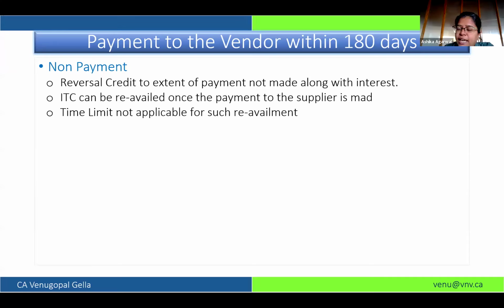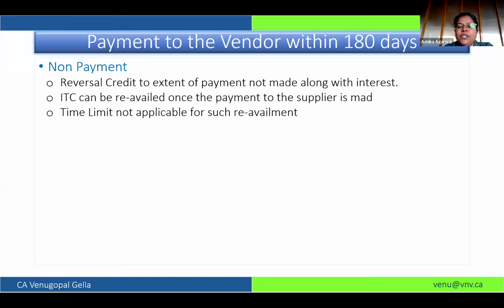So you have to check any of your creditors whose payment you have not made. You can go through the creditor aging report and check which are going beyond 180 days. But it also says when I make payment to my vendor, I am eligible to reclaim the ITC. So it is only for a certain time period that I am not eligible.